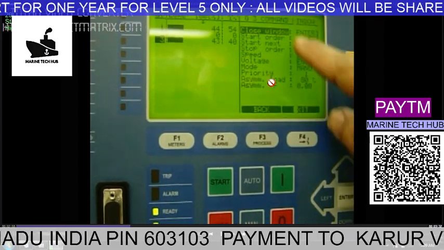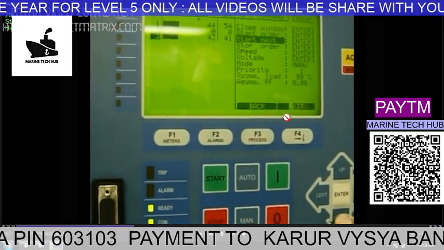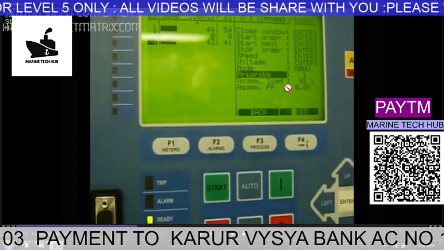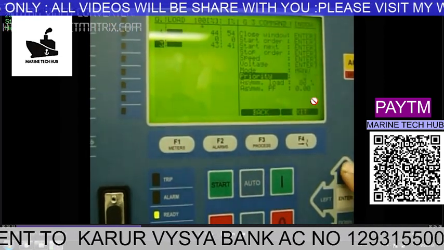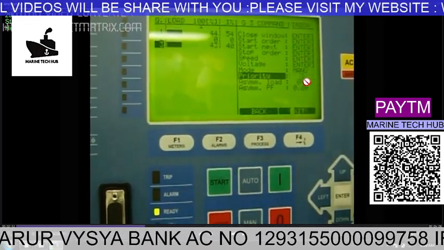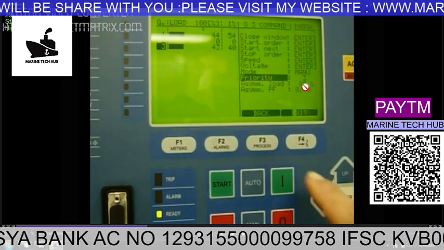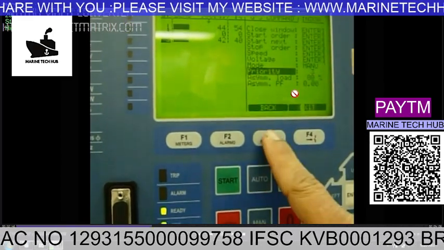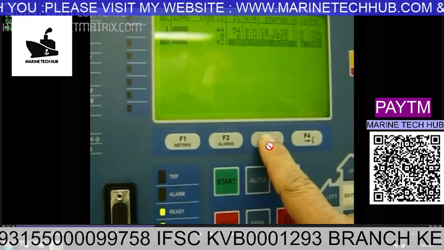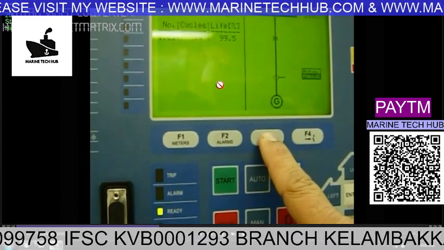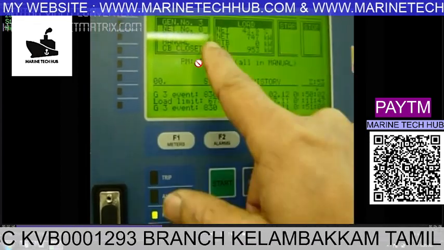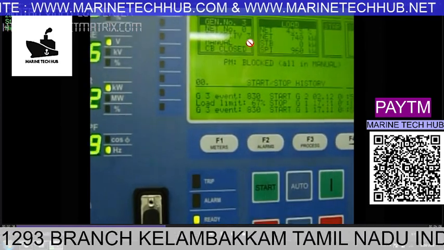Similarly, when you press F3 again, you can see this button here. Then press enter. Then scroll down all the way. Then press enter, and then move up or down to change the priority. Now I change it to 3. You can see it is 3 now. So again I'll press F3, keep pressing it until you see the priority. You can see it's priority number 3 here.